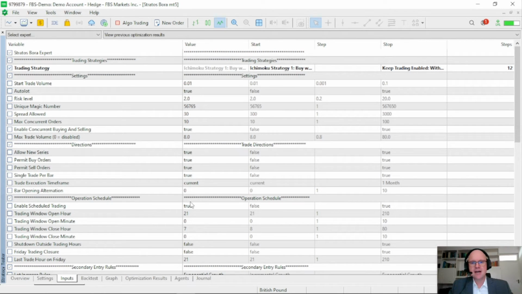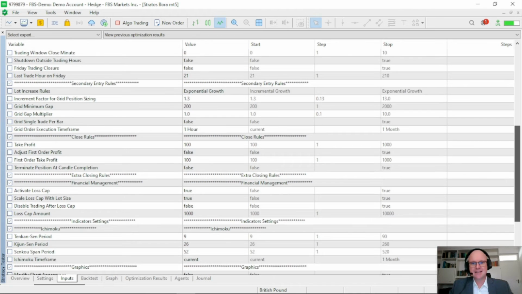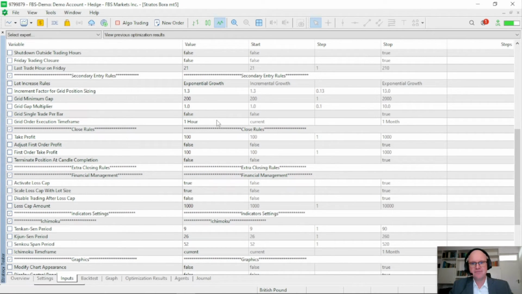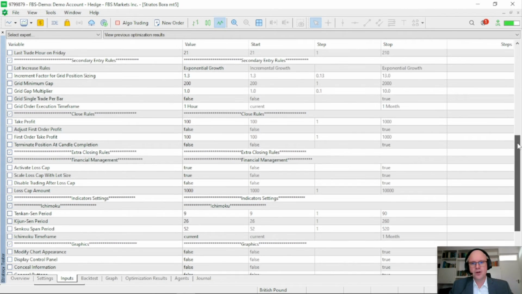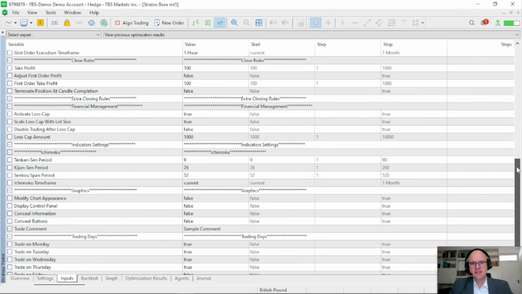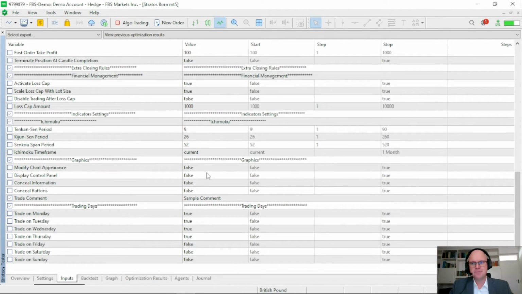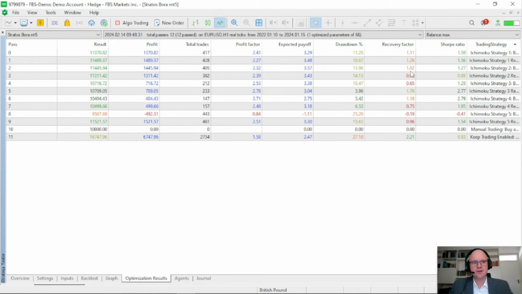Now, if you are starting out trading a robot for the first time, it's recommended to firstly start out with a 0.01. Then, as I said before, I also used our time of day filter, and on top of this, the days of the week. When we look at the grid options, you'll see that it offers an incremental and also an exponential growth option. Now, under the last few options, I turned off all of the graphics for the strategy test to increase the speed of testing. And then lastly, I turned trade on Fridays to false to try and get us out of a grid before the end of the week.